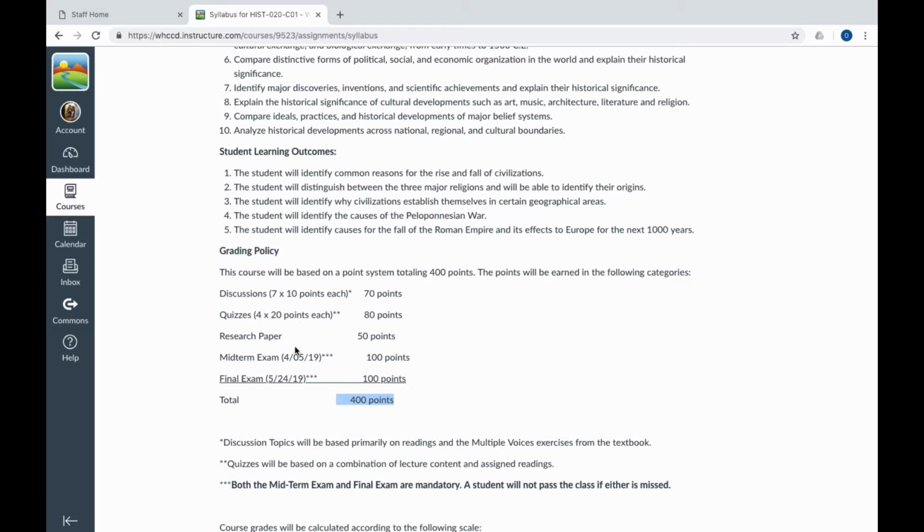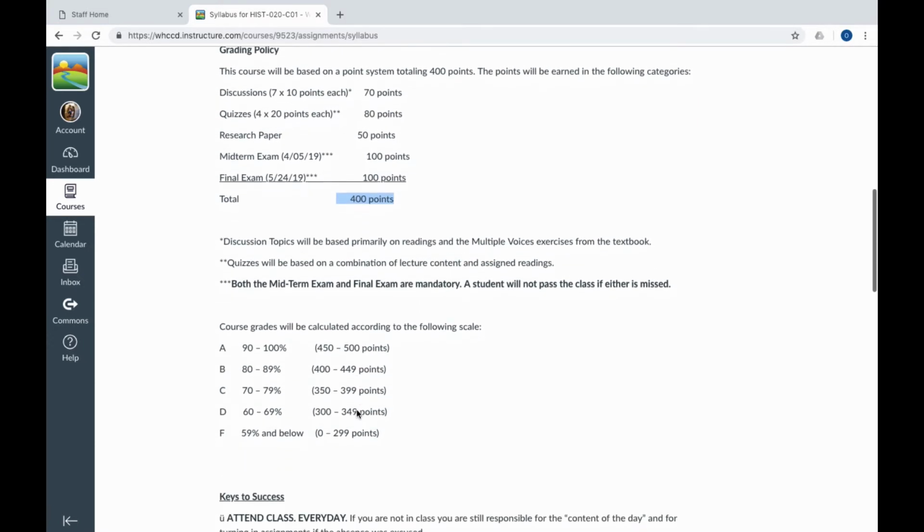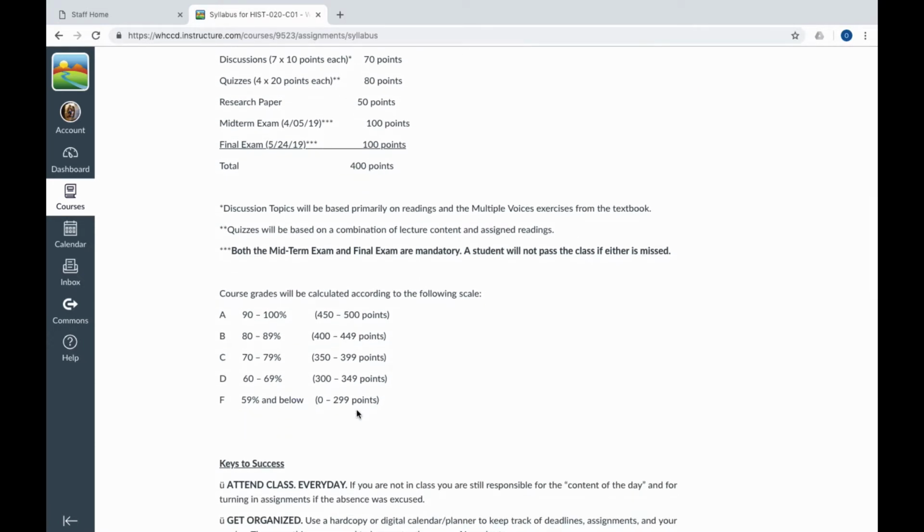We'll have 1 research paper worth a total of 50 points, and then 2 exams, a midterm to be held on April 5th, and a final exam to be held on May 24th. Each of those worth 100 points, and that gives us our total of 400 points. Putting that into the context of points per letter grade, it breaks down to 450 to 500 points is the equivalent of an A, 400 to 449 points is the equivalent of a B,